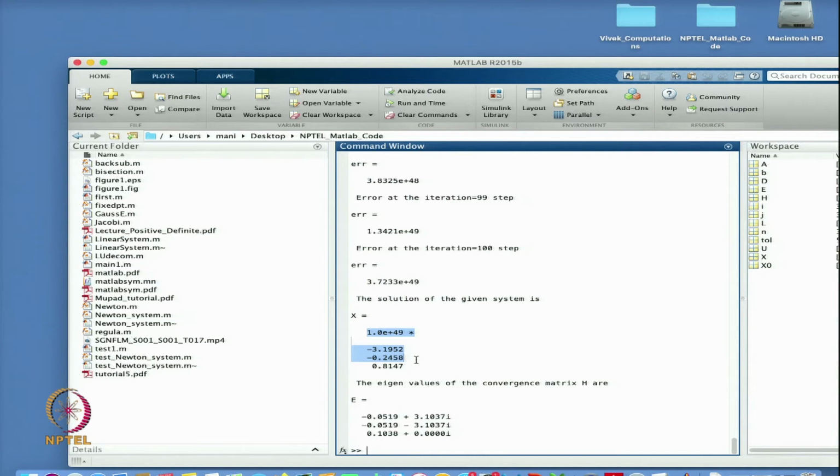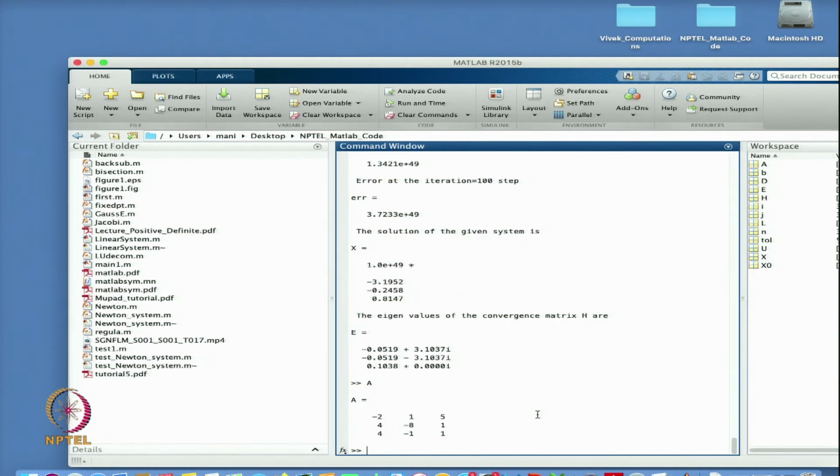So this process is not going to converge in this case, and my x, the solution, will be this one. Why is it happening? Because of the matrix I have defined. This is my matrix A. I told you that this matrix is not diagonally dominant. If the matrix is not diagonally dominant, it may or may not converge, it depends. In this case I can say that my Gauss-Jacobi method is not converging, and these are the eigenvalues I am getting. The magnitude is quite high here.